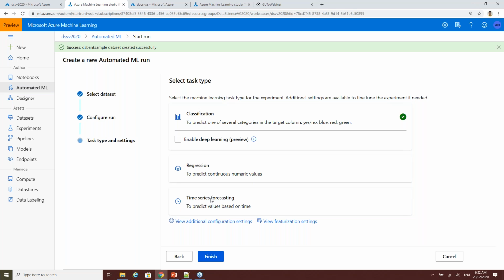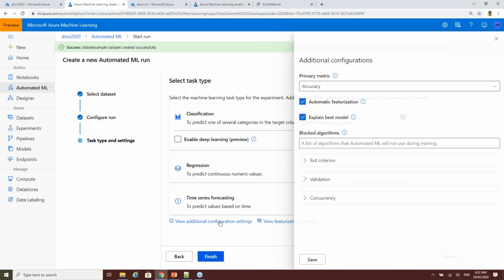The reason for that is this is currently in preview and more features will be added. So watch the space, and if you're planning to use machine learning, come and check here to see what algorithms are supported before you go ahead and make that call. So here I'm going to choose the classification algorithm.